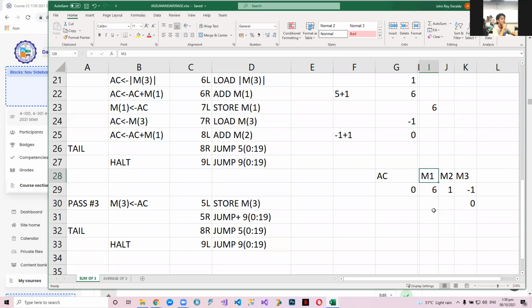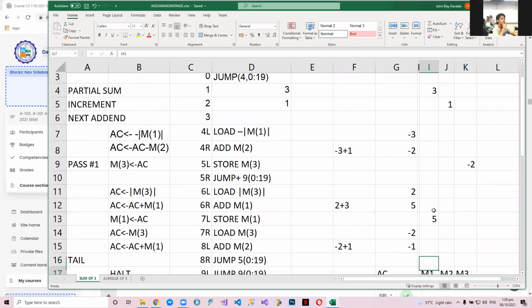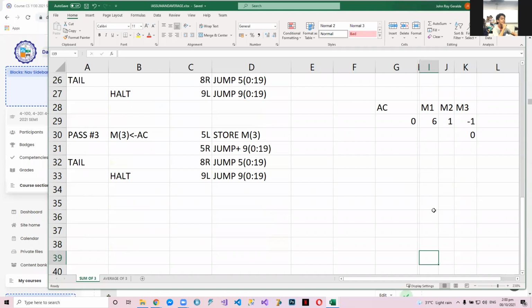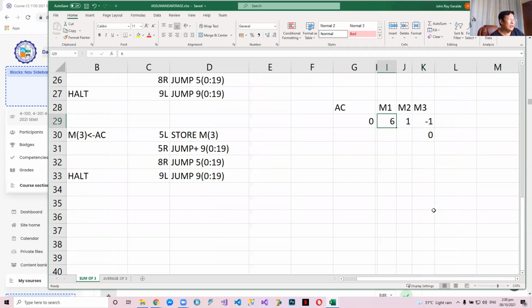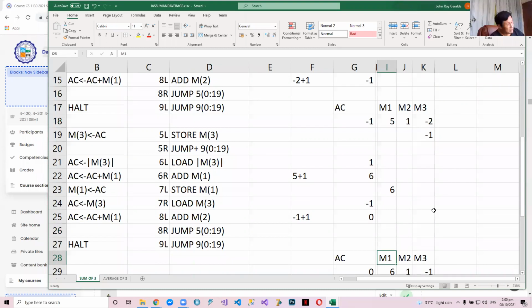Ay, pero paano malaman yung last na jump, sir, kung ano yung answer? You just specify that the final answer will be in M1. Ay, so di na kailangan na i-program sa mismong... If you want, you can set it back to AC, but it's not required. As long as the logic is correct, because in other programming languages, you can use any variable to store your final answer. So in this case, you can also use any value in the memory. Pero okay lang din, sir, na nasa AC lang siya? Oh, yes, of course.